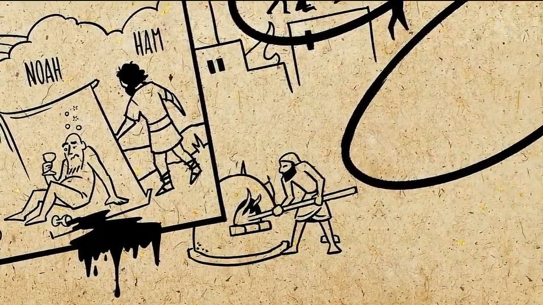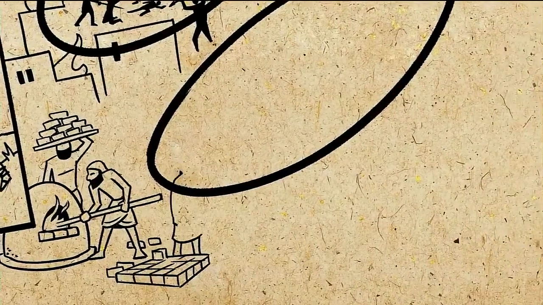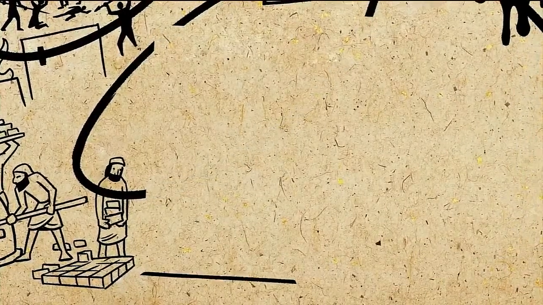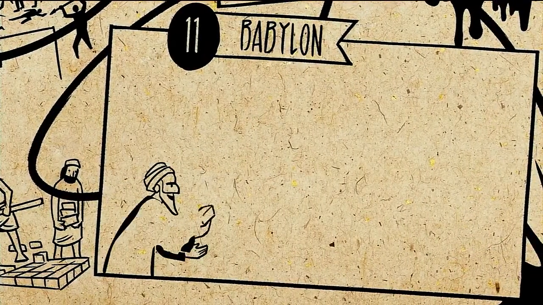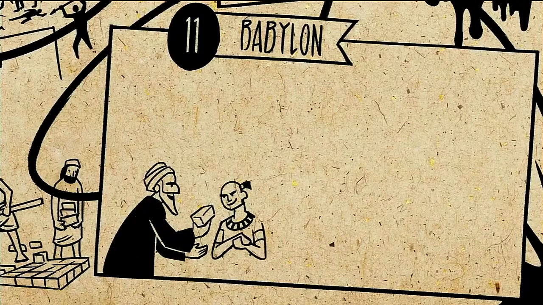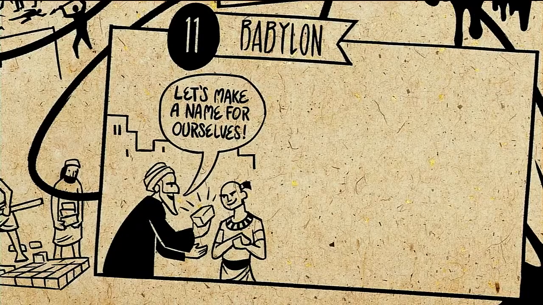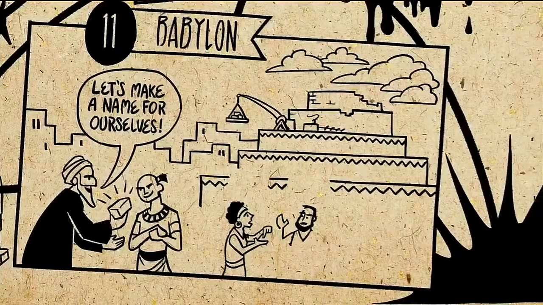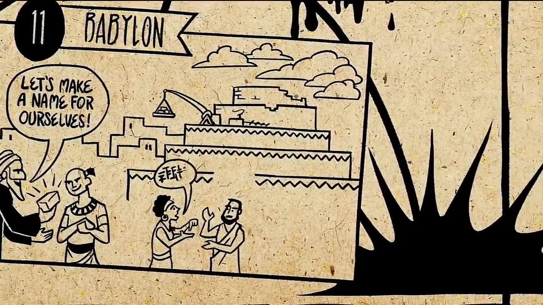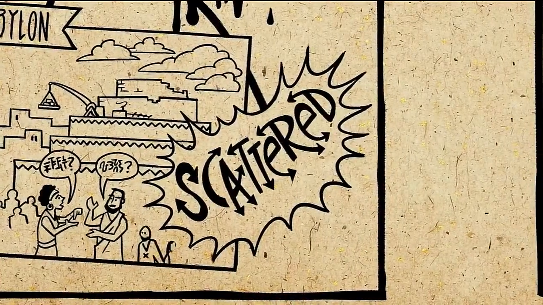The people of ancient Mesopotamia come together around this new technology they have, the brick. And they can make cities and towers bigger and faster than anybody's ever done before. And they want to build a new kind of tower that will reach up to the gods, and they will make a great name for themselves. It's an image of human rebellion and arrogance. It's the garden rebellion now writ large. And so God humbles their pride and scatters them.